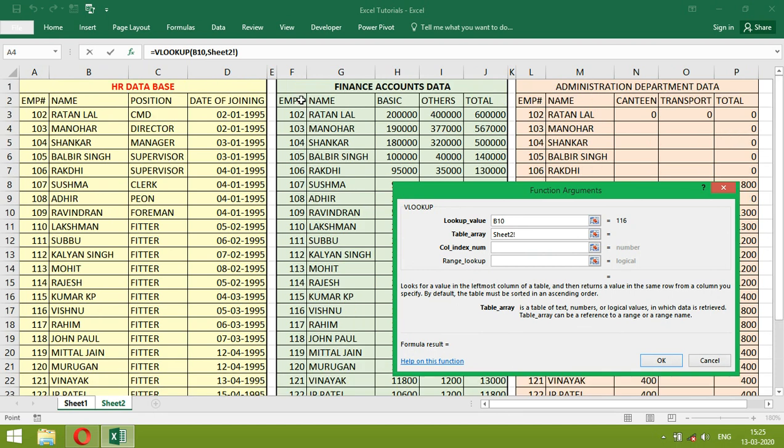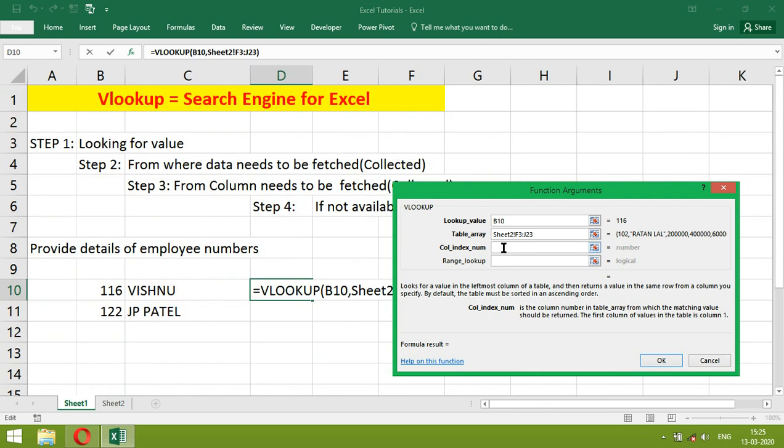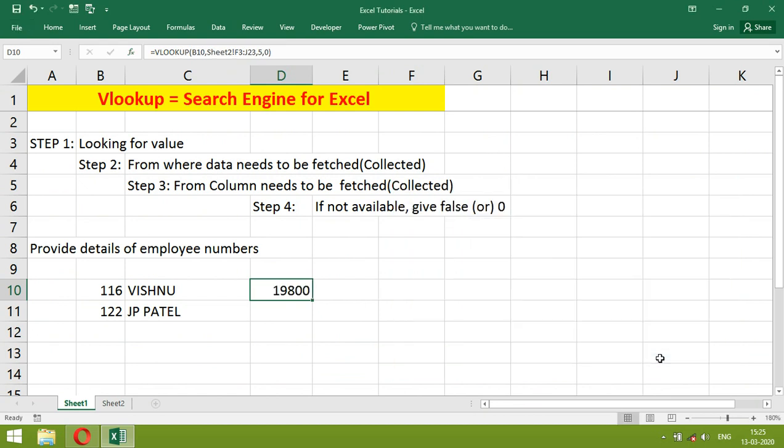Here we want to give this range. Column index is 1, 2, 3, 4, 5. Give 5, then 0. This total salary is available now. Same way we can copy it.